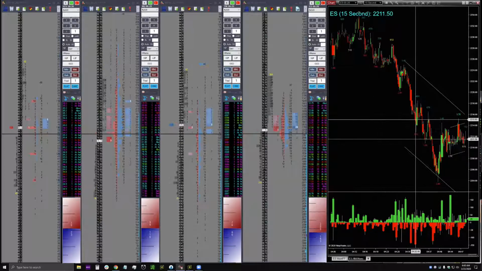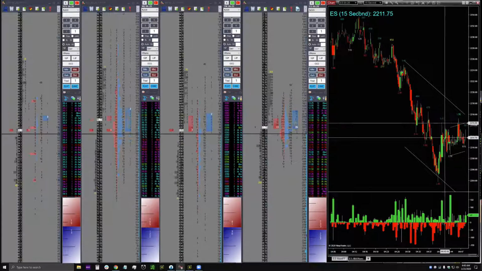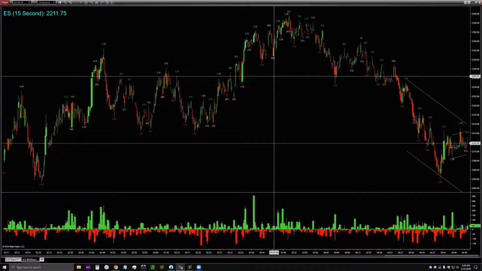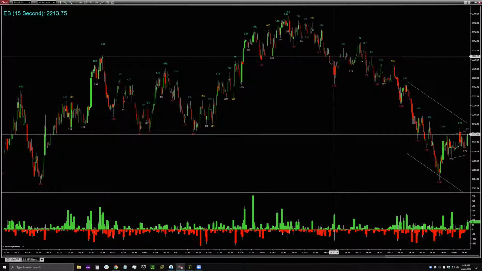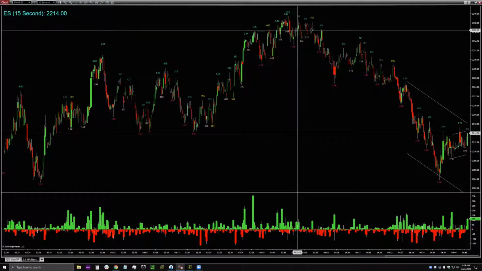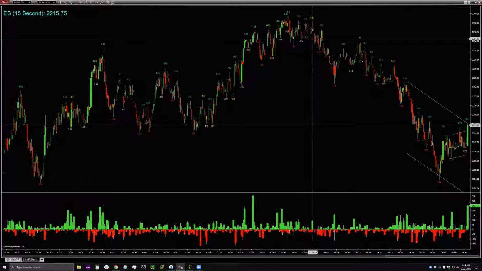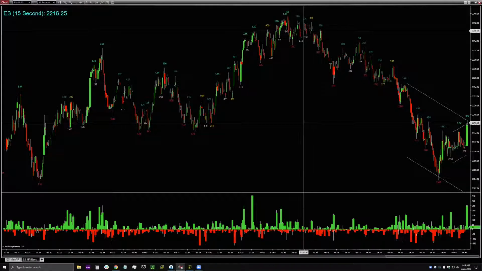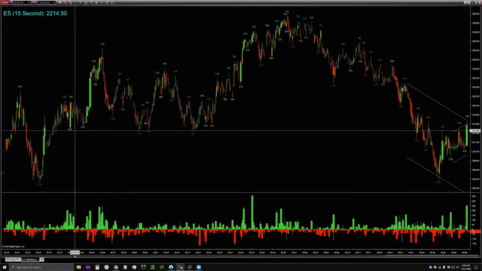You can see there's something I talk about frequently. When we're talking about ebb and flow, you'll hear me refer to what Peter Davies at Jigsaw calls the 8-tick dance. This is a very common thing you see in the ES, where we'll get into a tight little range, and the top and bottom of the range will generally be about 8 ticks apart. There's a really good reason for that. It has to do with the fact that retail traders tend to use 4-tick or 6-tick stops, and so the market just naturally goes and takes them out in both directions. That's just how things work.